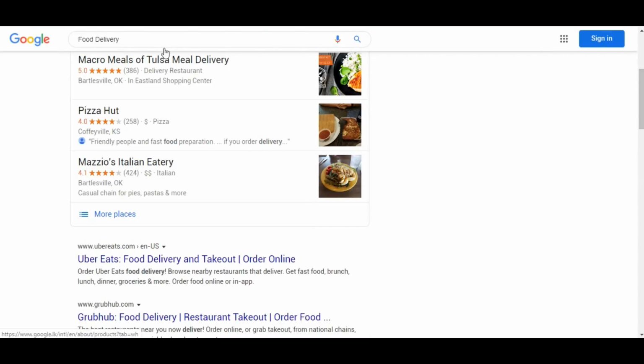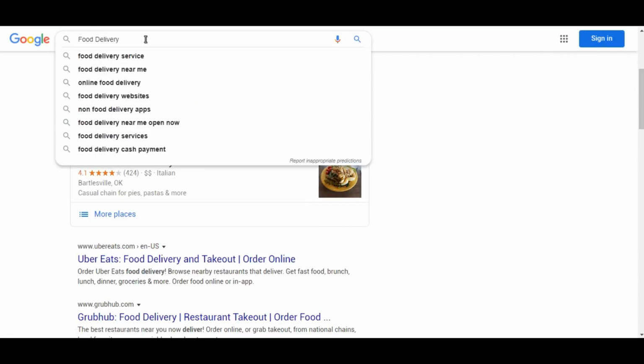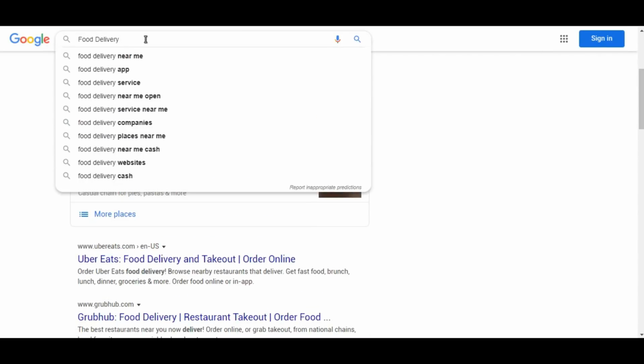And if you give some space to this, you will see a huge list of Google suggestions. You see this, right? So how do you get this? Typing one by one? No, that's why you need a good keyword scraping tool.